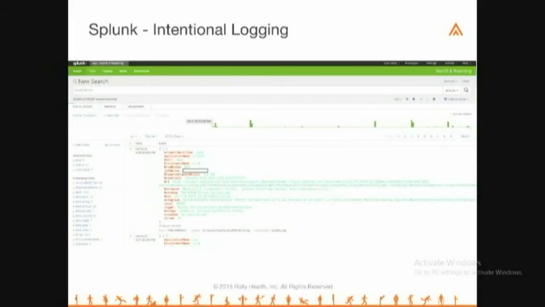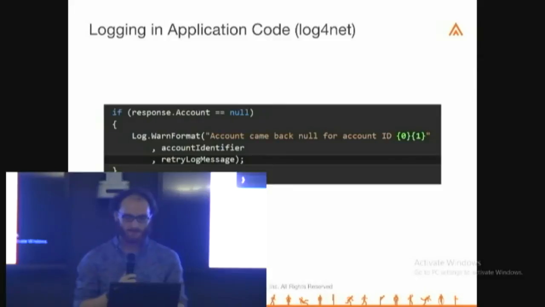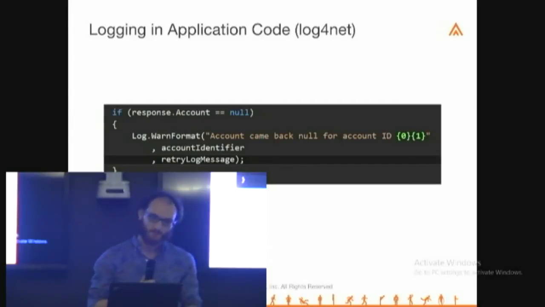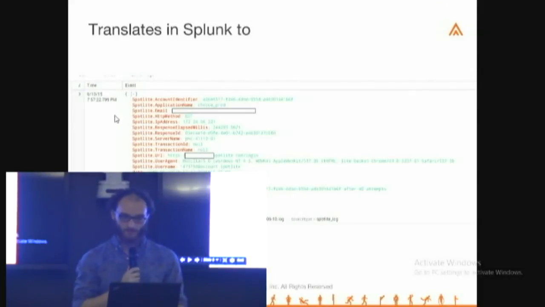So the Splunk engine kind of sits on top of a whole bunch of unstructured data, and the search part of it is the most used application. So I've got basically all the events that my application has logged, and then a search bar at the top. What that looks like in our application code is we have a property injected log object, and anytime we log something, it's just log.message. In this case, it's a warn, and then we just have that message. So that turns into, via magic, of course, one of the principal skills of a software developer is using magic,